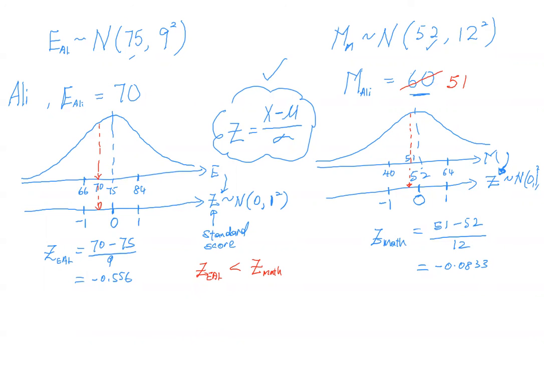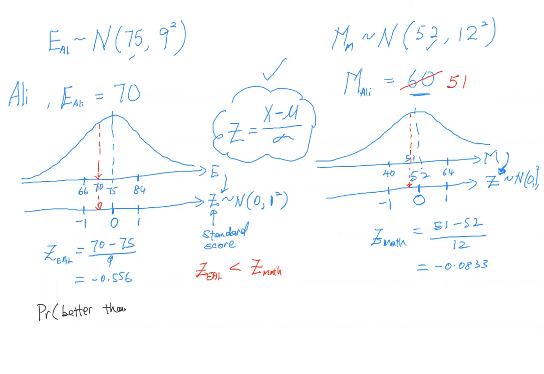Can I count the probability of a student who performs better than Ali? Can you please try? So if I say probability better than Ali,